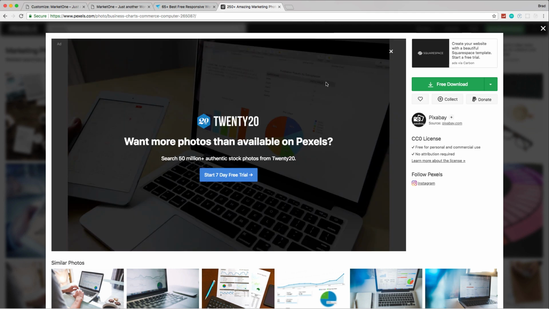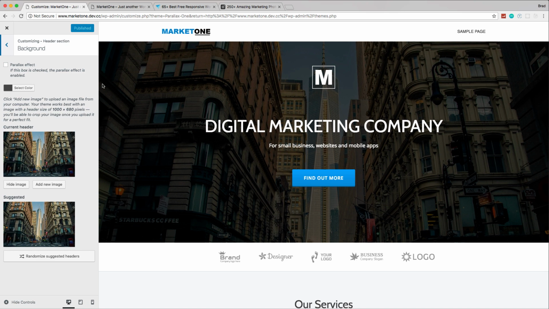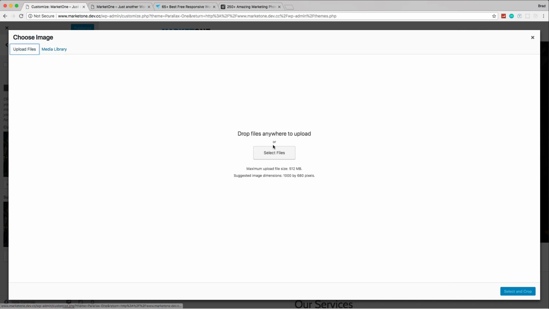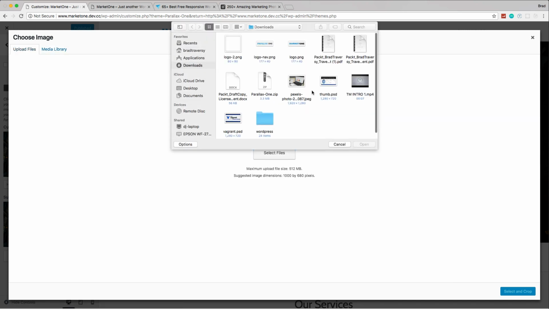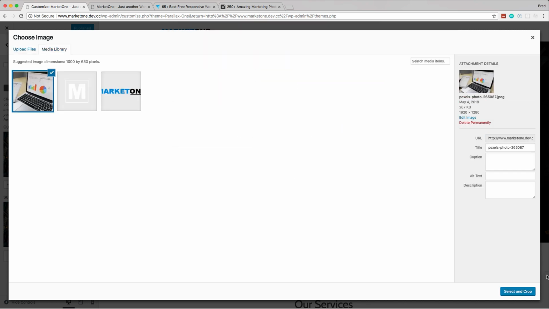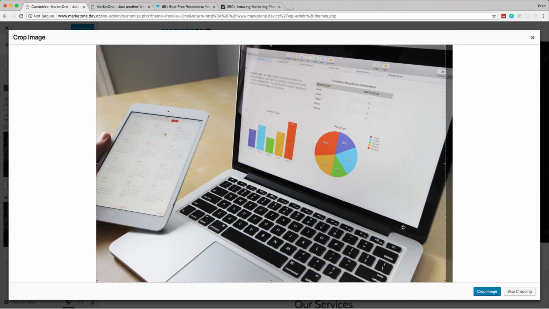Go ahead and save that. And then we'll go back over here and let's say add new image, and we're going to grab that Pexels image, and let's select and crop, and you can move this where you want. That's good. Crop image,